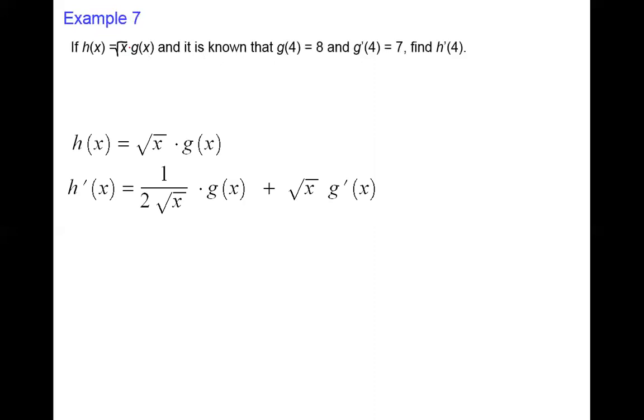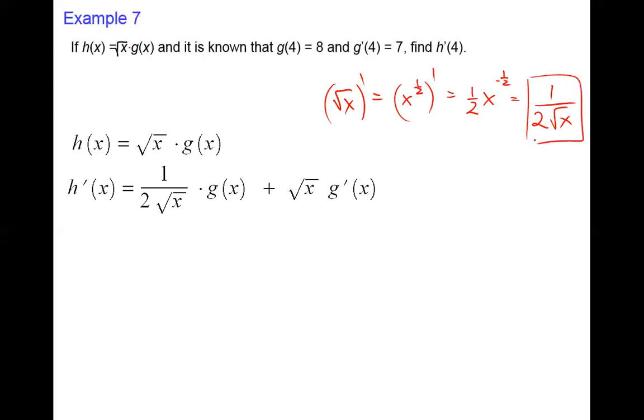Let's see. The derivative of the square root of x is 1 over 2 root x. Square root of x is x to the power of 1/2, and applying the power rule, not the product rule, the derivative of x to the power of 1/2 is 1/2 times x to the power of 1/2 minus 1, which is negative half. Rewriting without the negative exponent, we get this. Now the product rule: the derivative of root x, 1 over 2 root x,